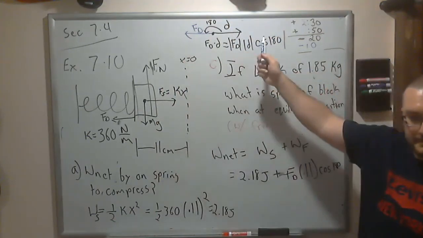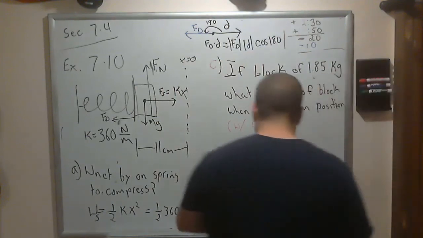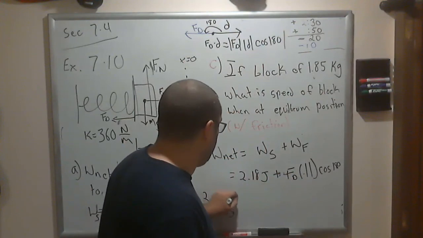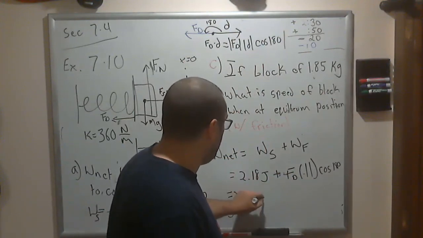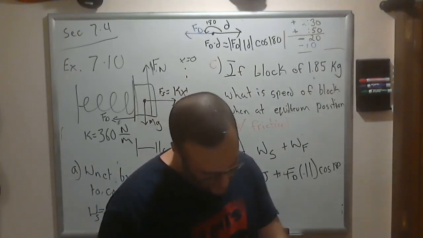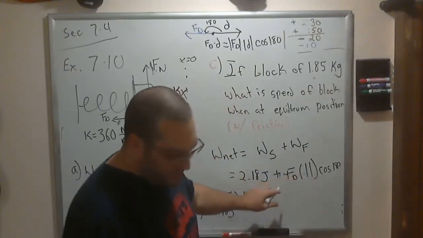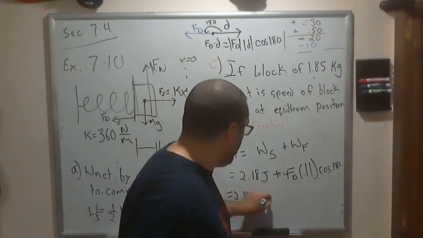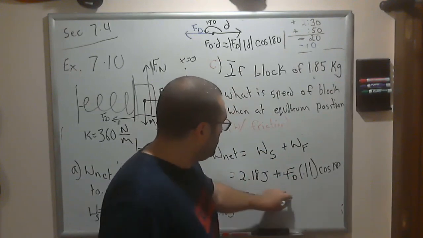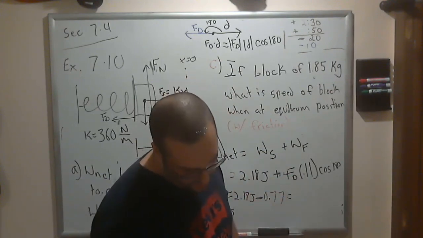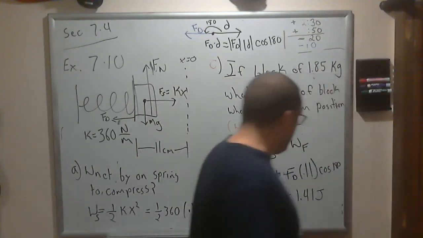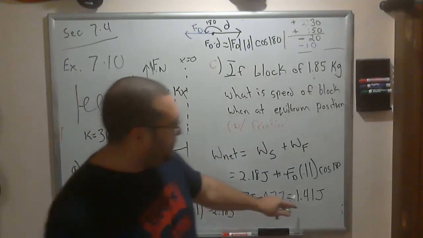We'll use that, and then that cosine 180 changes this to a negative sign, and we end up getting this. Then I'll plug in the numbers over here. This will give us a negative 0.77 joules. So now the net work done on the system is 1.41